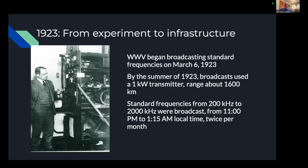Standard frequencies from 200 kilohertz to 2,000 kilohertz were broadcast from 11 to 1:15 a.m. twice a month. And so the idea was that the signals would not interfere with the normal broadcasting hours of commercial radio stations at that time. But they also enabled the stations to calibrate their transmitting equipment against a known frequency standard, and these helped these stations stay on the air